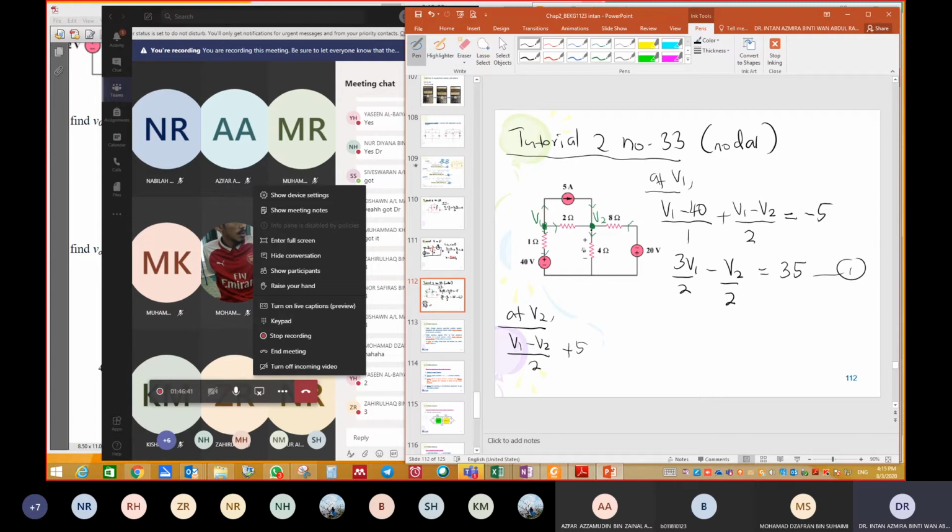Okay, at this node, V1 minus V2 over 2 plus 5 plus this one, okay, plus